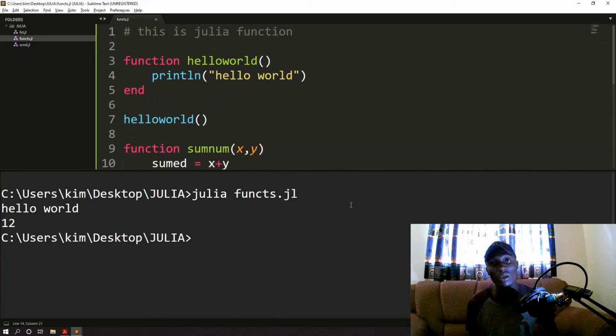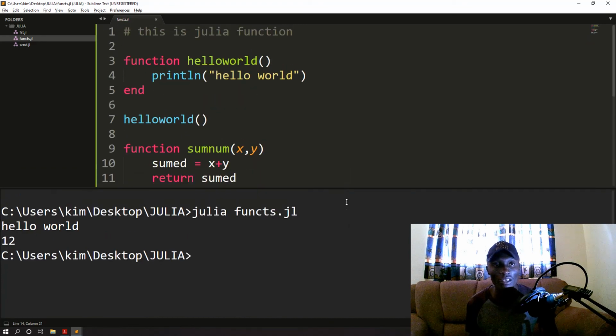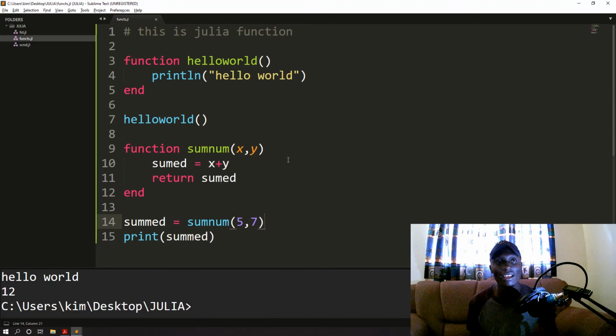So guys, this is the way to make functions in Julia. If you think this is cool, then in the next video we'll start doing other things. You see, this is to do sum. You can make functions to start subtracting, division. Again, it's always advisable to name functions a name that is understandable.